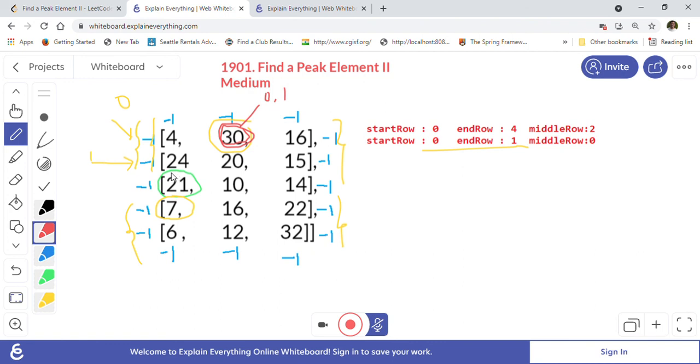Depending on the values of up and down, we decide whether to go to the upper half or lower half of the remaining matrix, and that's how we keep calculating the maximum value in the middle rows and checking for the peak element. So this is the approach to solve the problem.